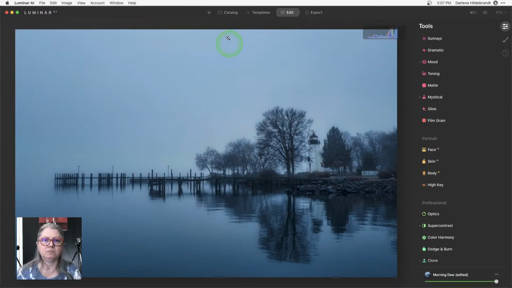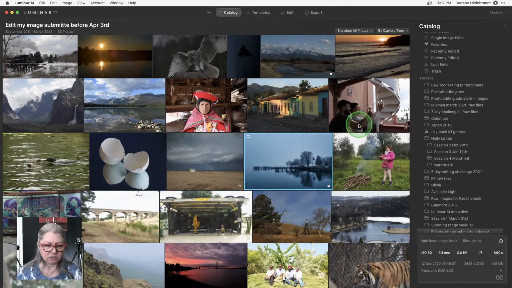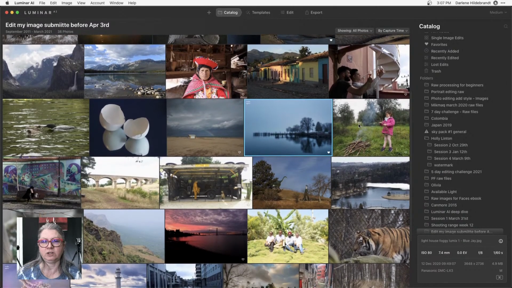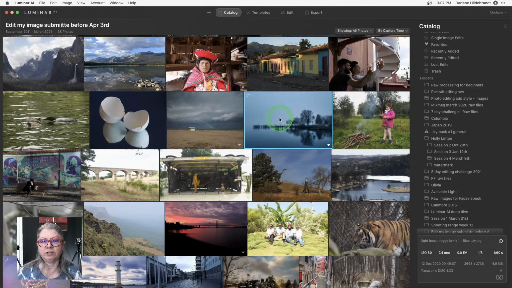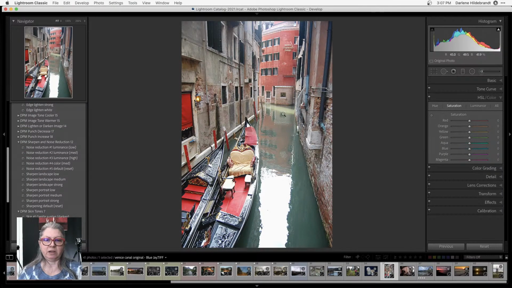I'm going to close out my Luminar. Right, so a lot of these images, like I said, I'm going to work on in Luminar if I feel that I want to do more things and save a template. So if I really enjoy this one that I worked on in blue, I can just save that as a template and apply it to any of my other images as well.